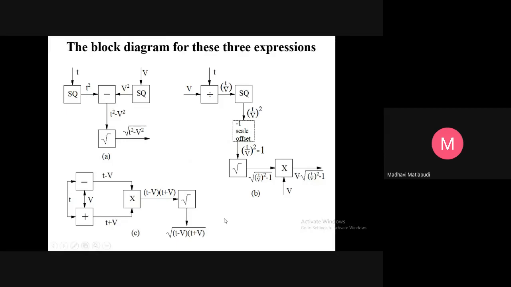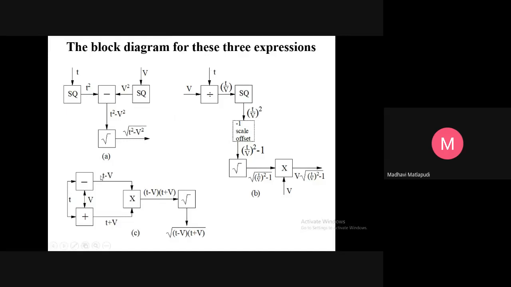But here, arrangement B must be discarded because of the division by 0. Again, the same problem. If you divide by 0, the value becomes very large and very difficult to handle in the mechanical components. Arrangement C can be mechanized, but multiplication is relatively complex and should be avoided if possible. So the first arrangement shown is the simplest one to mechanize and will be chosen for this example.